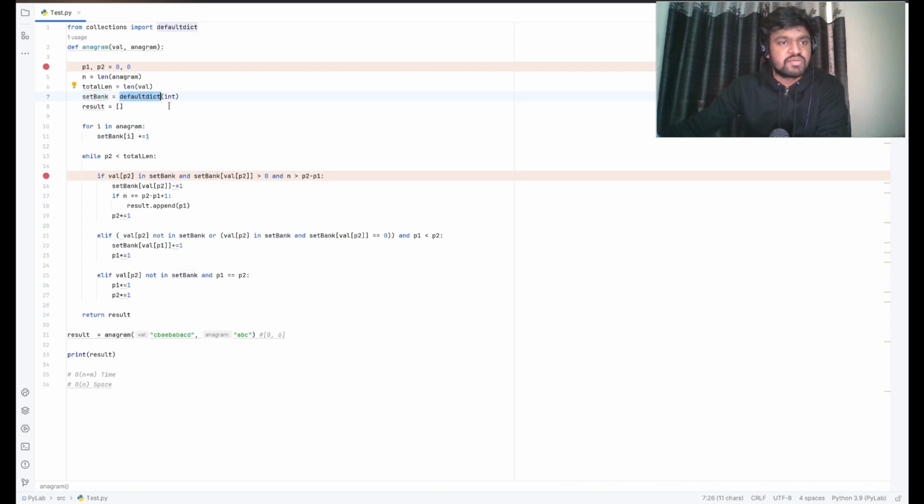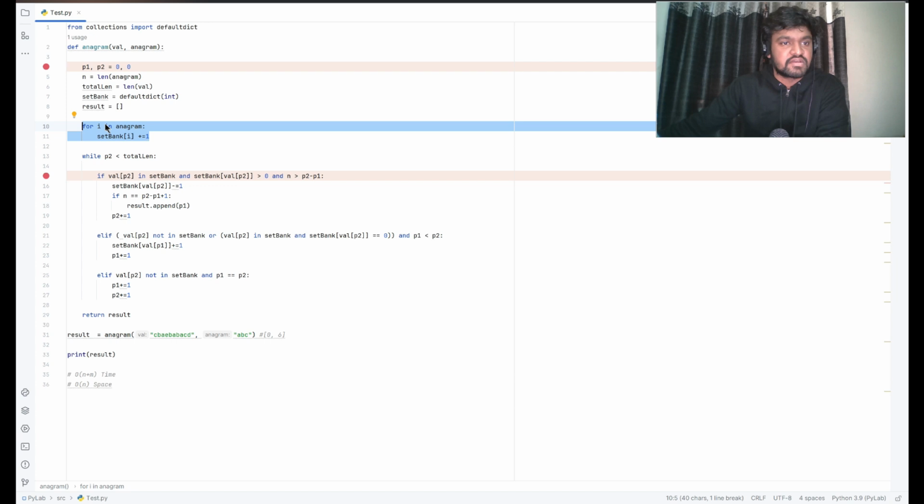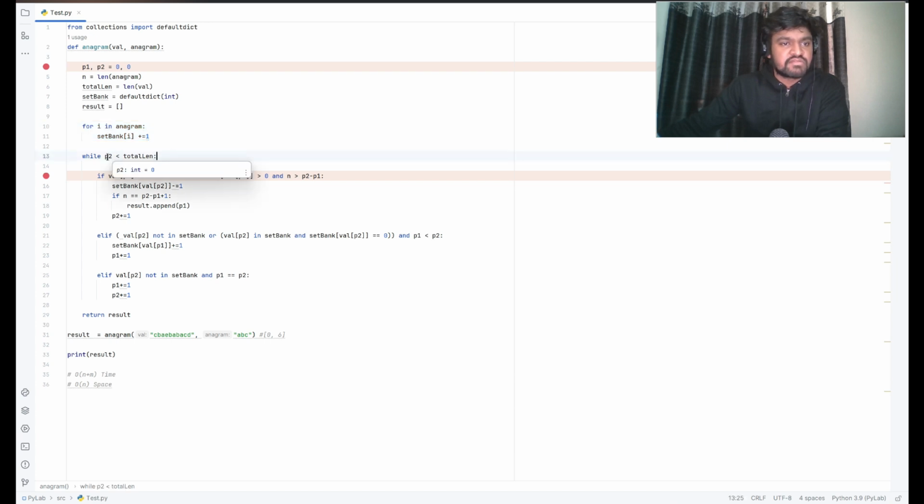This set bank is going to be a default dict, and if you don't know about default dict, it's just for adding a count, that's it. And result is an empty array. First of all, I'm adding each anagram character to the set bank, and then I'm taking a while loop. This while loop makes sure that P2 shouldn't cross the total length of the original string,